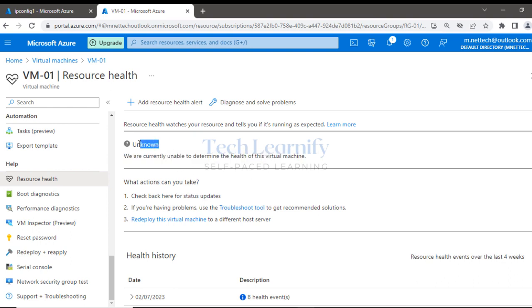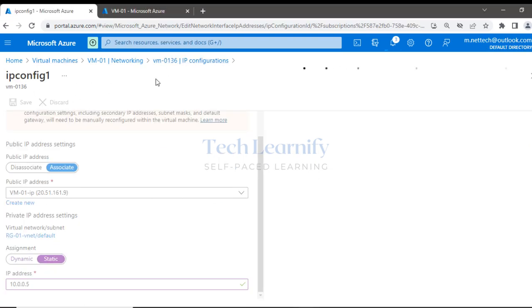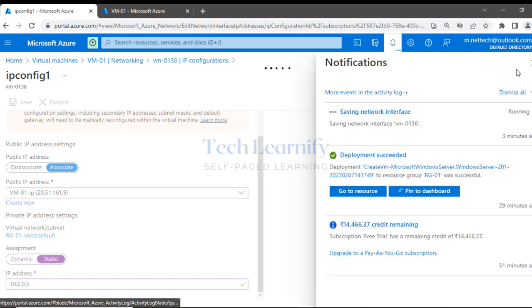So here, instead of unknown, what we are expecting to see, and we would definitely see that once the machine is fully initialized, is the available option, right? Here it means there is no known Azure platform issue. So here we'll see one or two line messages. We'll be back to this page once the machine is successfully booted up, because it is still in the process of getting initialized. And you can see it is just going up, saving network interface, right? So wait,